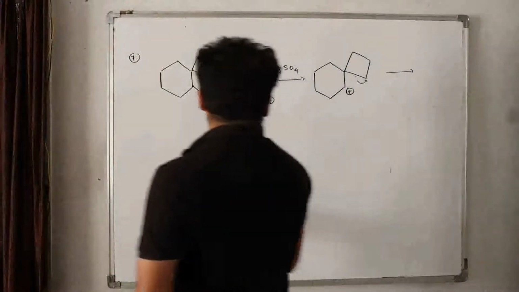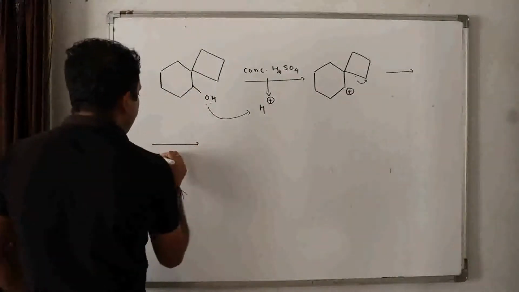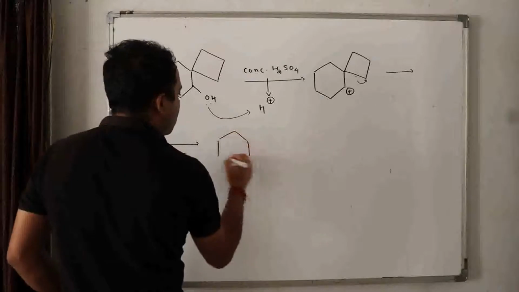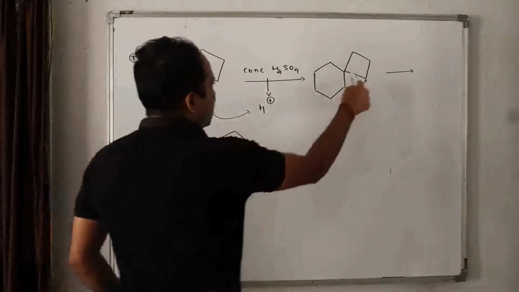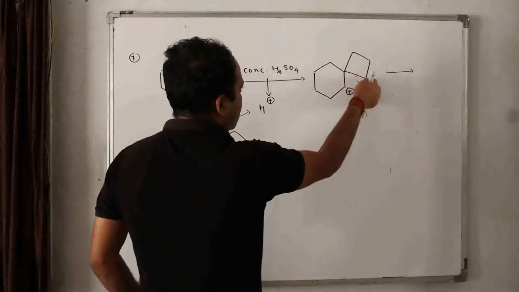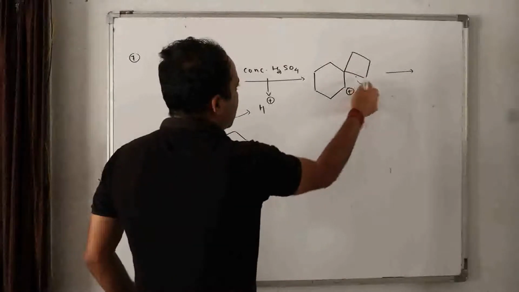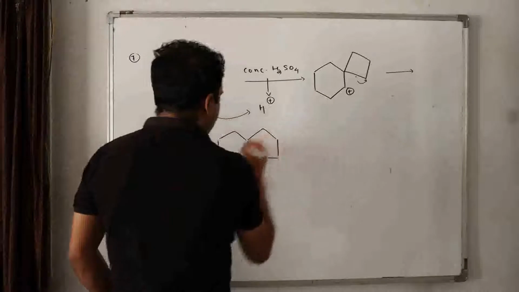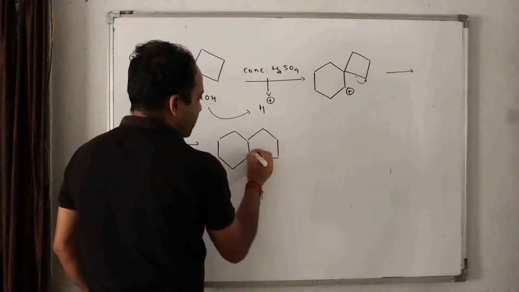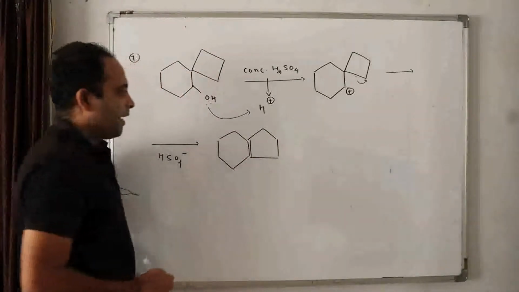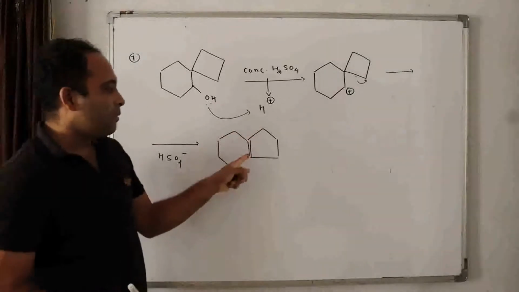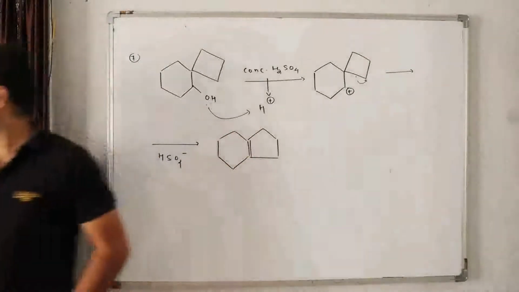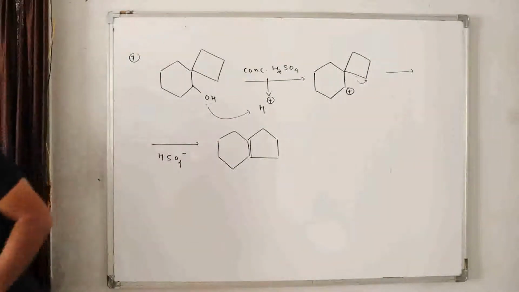Now what will happen in this case? Straight I am writing with HSO4 minus. Now this will become negative, this will become positive, and this will be bonded here. So a 1, 2, 3, 4, 5-member ring will be formed. Due to the plus and HSO4 minus, we'll take H from here, we'll get this. You might be expecting some products like here, here, here, but this is the more stable one. Experimentally proved. Next question.